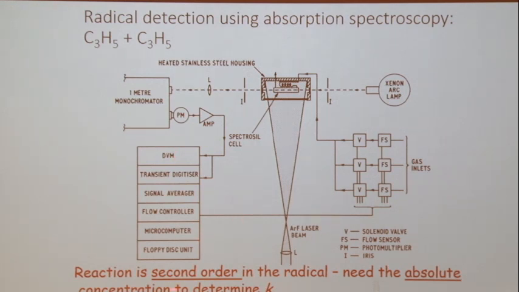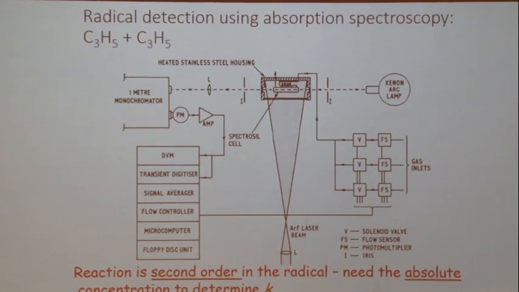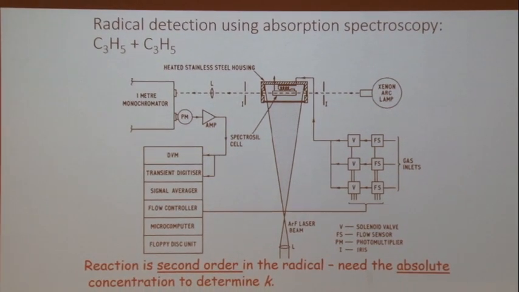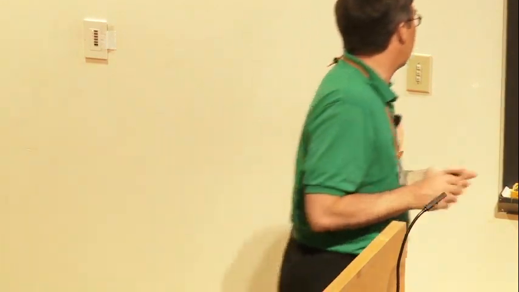This is a very difficult experiment because it's a second order reaction. So this is this radical reacting with itself, allyl plus allyl. Because it's not pseudo first order, I do need an absolute calibration. So 3/4 of this experiment is trying to figure out exactly how much allyl radical they had in there. So they had to figure out all kinds of different ways you can try to figure out what it is. And actually my group did the same measurement, tried to measure this reaction also. We did it where we started with,